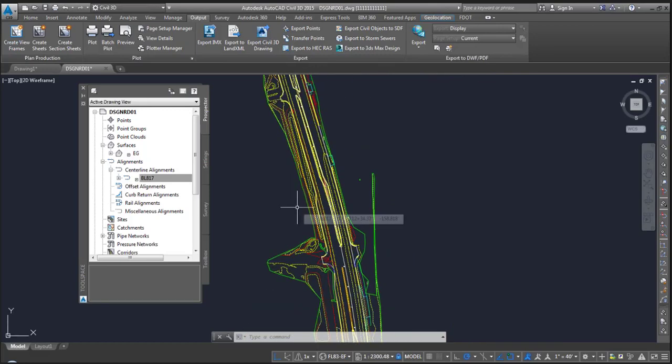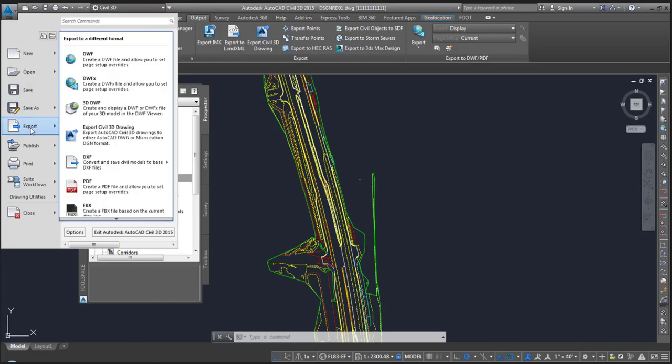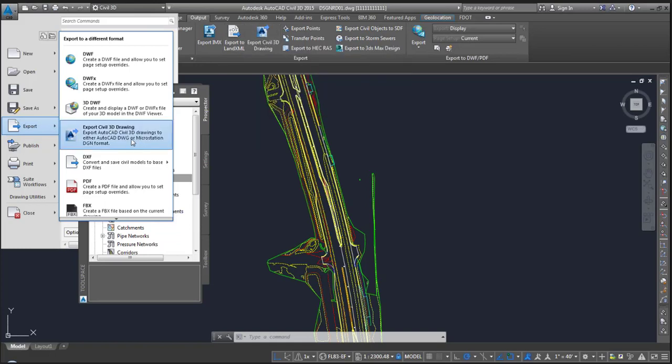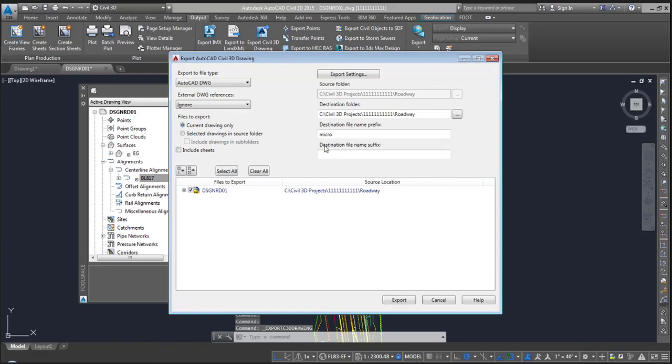And let's take a look at how we would export this drawing out. So I'm going to go to the Application pull-down menu and choose Export. We can do it from here, Export Civil 3D Drawing, or under the Output ribbon, we can also choose Export Civil 3D Drawing from here as well. Okay, so there's always a second option on how to do things in AutoCAD. So we're going to choose this option here,